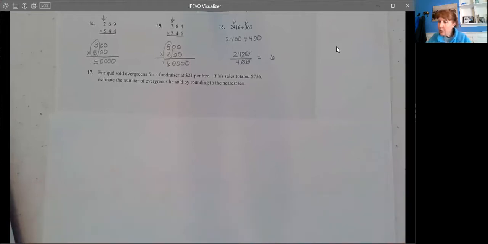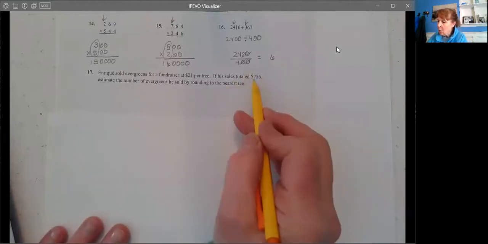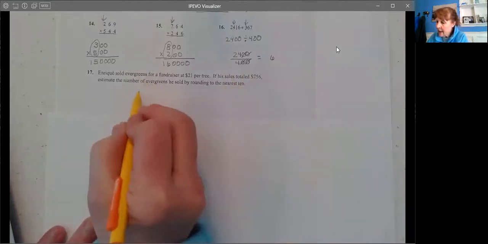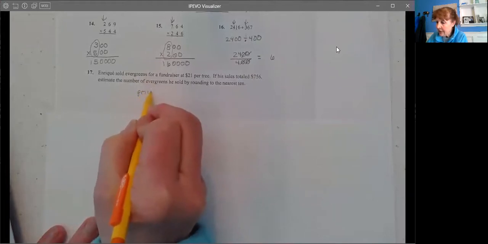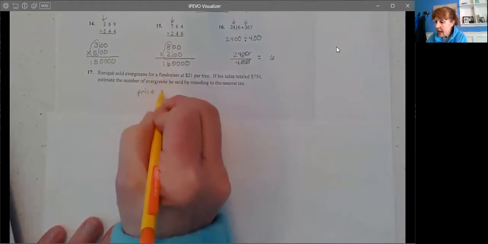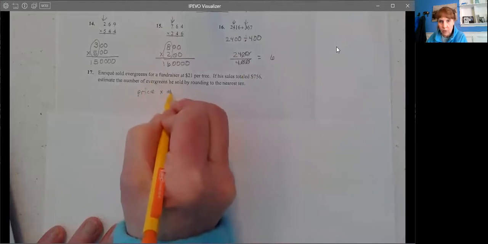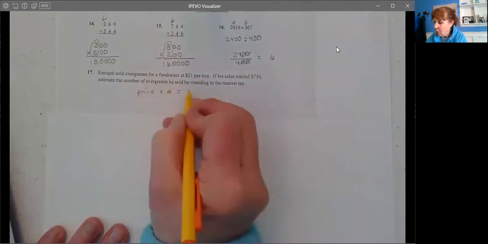Okay, so we have Enrique sold evergreens for a fundraiser at $21 per tree. If his sales total $756, estimate the number of evergreens he sold by rounding to the nearest 10. In a case like this, in order to find the total price, you would take the price that he sells something for, the price, times the number that he sold. And that will give you the total,